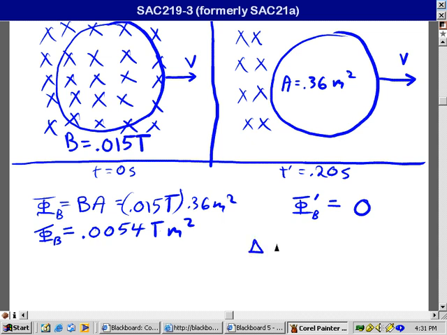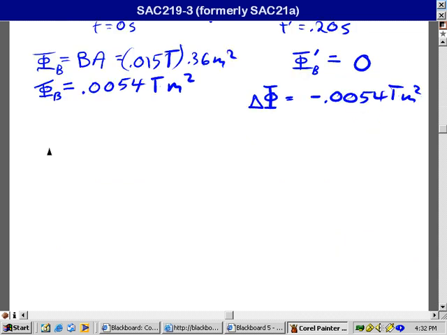So delta phi, go ahead and erase that, delta phi is minus 0.0054 Tesla meters squared. And then for script E, I just understand that we're only getting the magnitude here, especially when I emphasize that on the right I'm going to use the absolute value sign. So we get delta phi